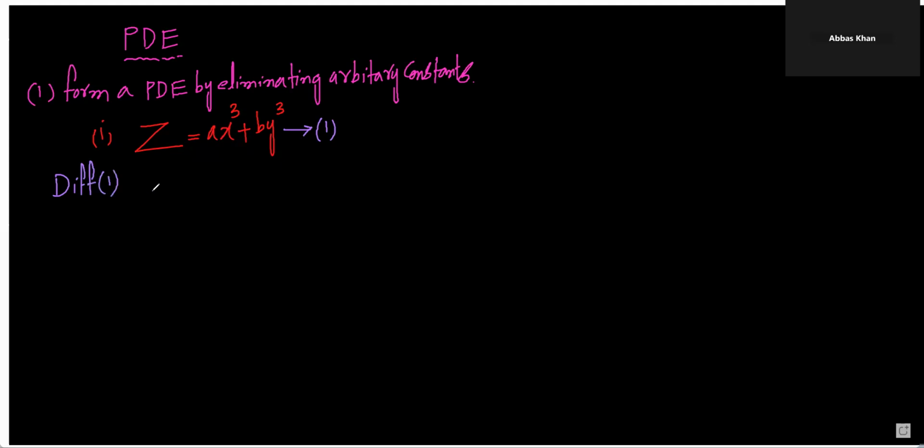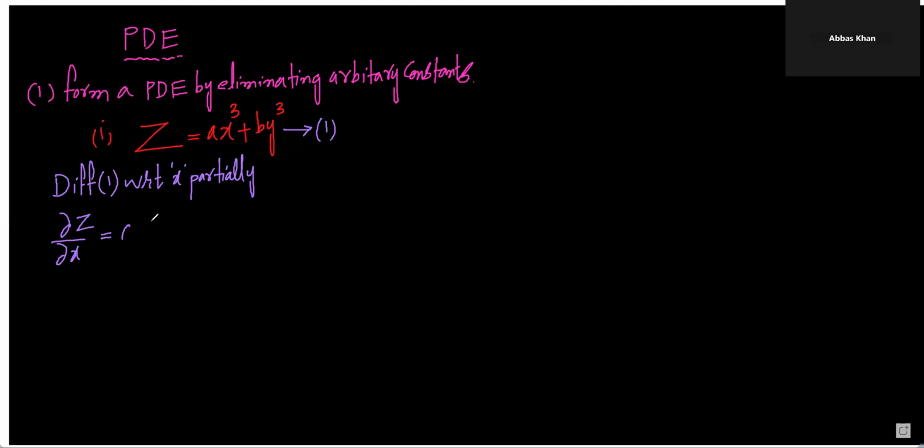Partially means we have to use the symbol what? Dou. Dou by dou x of z is equals to